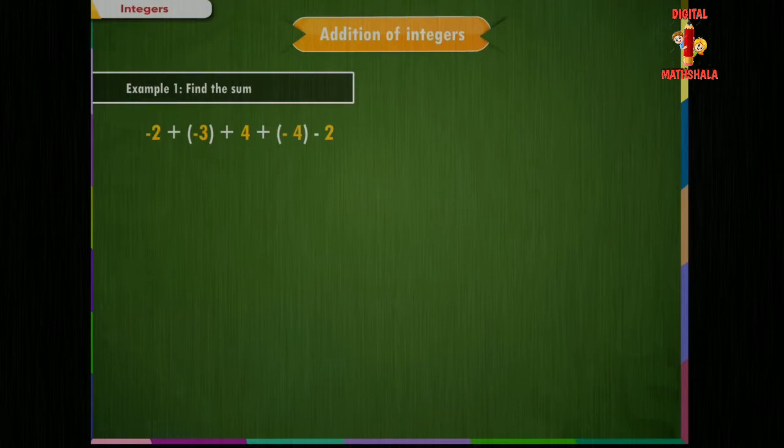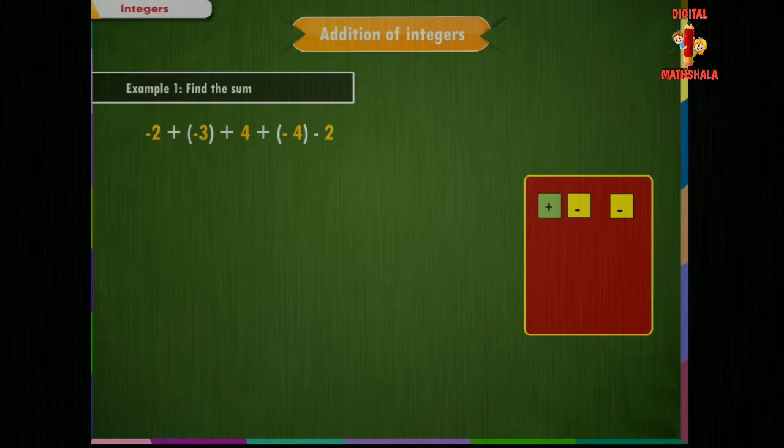Before solving this problem, let us do a small recap of all the important points that we have studied till now. We know that 1. Plus and minus becomes minus. 2. For adding two negative numbers, we add their values and prefix minus sign to their sum. 3. For adding a positive integer and a negative integer, we find the difference in their values and prefix the sign of the integer with greater value to the difference.